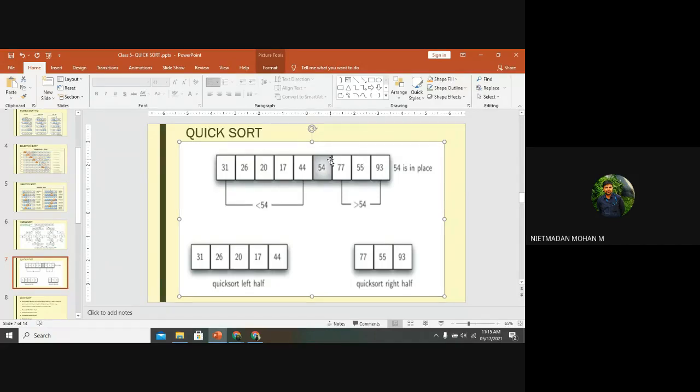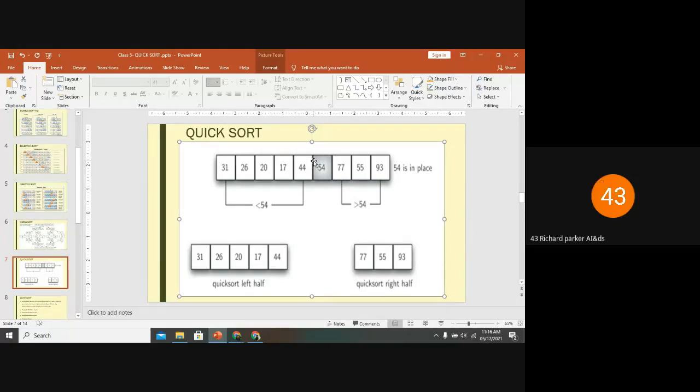You just listen to whatever I am telling, and after it's over, then you can ask me whether you have any doubts or not. First, you want to select any pivot number in the list, and you want to place the pivot number in the exact position it will have when the sorting is done. On the left hand side of the pivot number, all the numbers want to be smaller than the pivot number. On the right hand side, all the numbers want to be bigger than the pivot number. This is the first concept. Have you understood this?